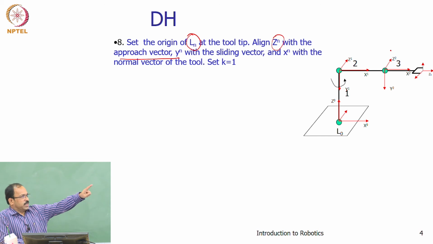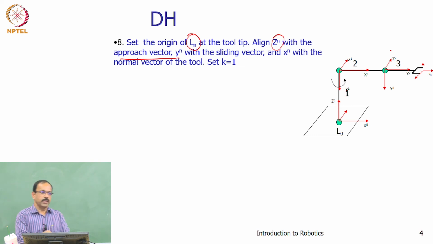No, see, this is not complete because it's actually a 5 degree of freedom robot. I have shown only 3 joints here. That is why I am telling you, if it is 5 degree of freedom, then L5 will be coming at the tip. But we assign the coordinate frame based on this. Whatever the number of degrees of freedom available, we still need to have a coordinate frame with XYZ coordinates, because the final orientation depends on how it is oriented with respect to the XYZ axes. Any other questions?